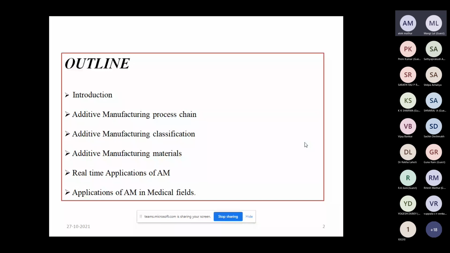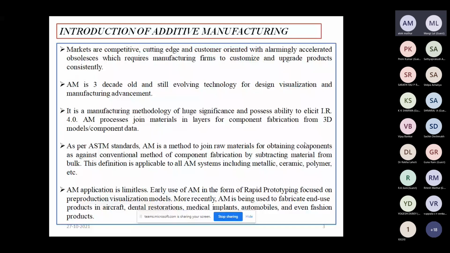In the past 2 days, I think you have heard about the introduction of this technique. Additive manufacturing is important nowadays because the demand of customers is increasing, and the old product becomes obsolete in the market.